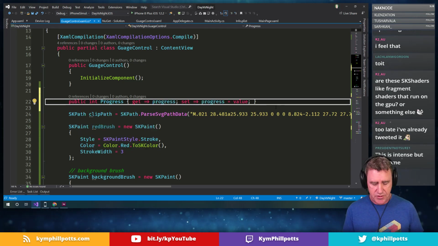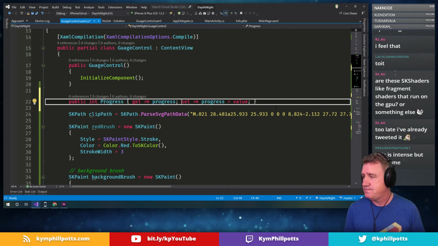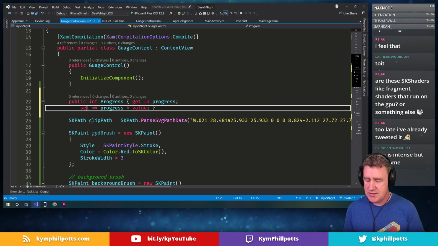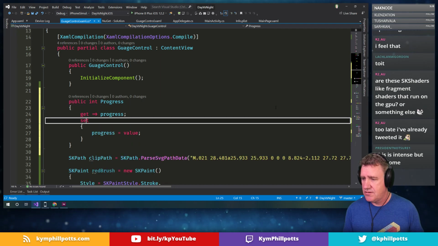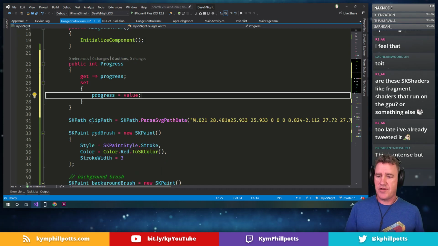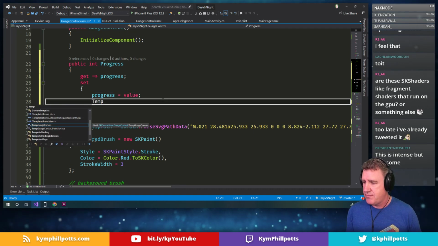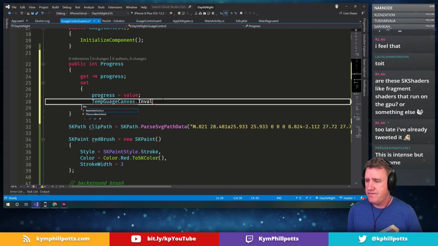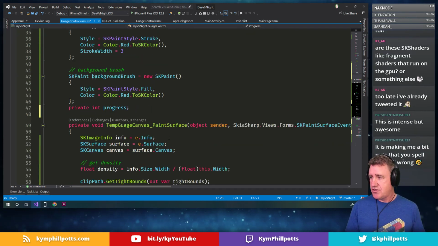And what I want to do is whenever I change the progress, I want to invalidate the control essentially. So whenever it changes, I would come back to my canvas, temp gauge canvas, invalidate surface, and that is effectively going to cause a redraw to happen, which means now what I can do is in my paint surface,